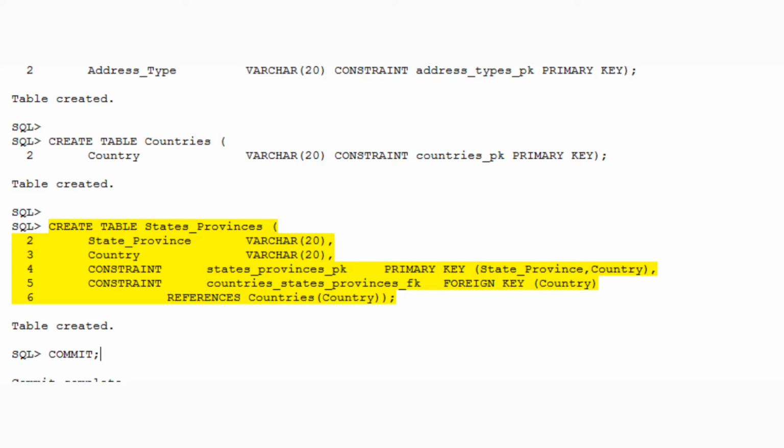Again, we see something new with respect to our definition for our foreign key constraint. It looks like its constraint name is of type foreign key, followed by a comma-separated list of the fields making up that FK. We then specify which table this FK references, followed by a comma-separated list of the fields making up that table's primary key. Okay, straightforward. Again, it's one of those, as soon as I see it, I can copy that. That's not a problem. Okay, nothing new in our log until we get down to the customer addresses table creation